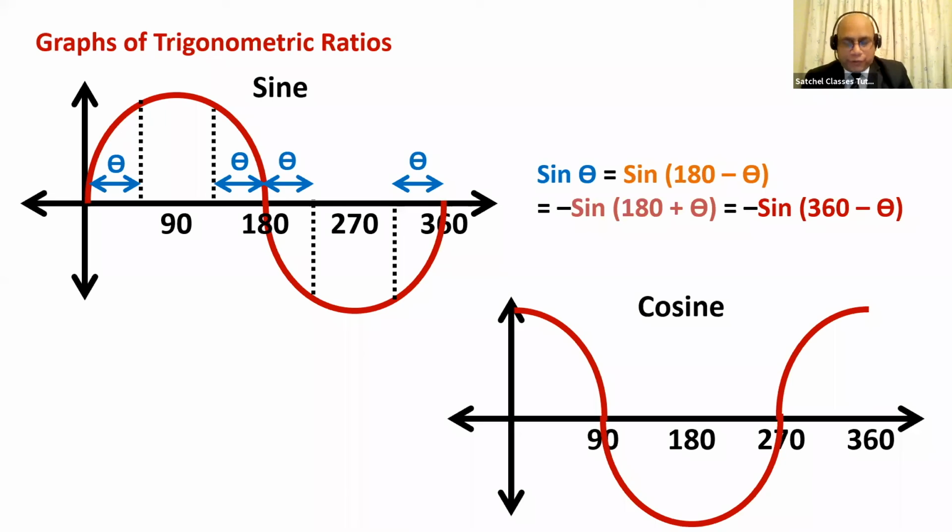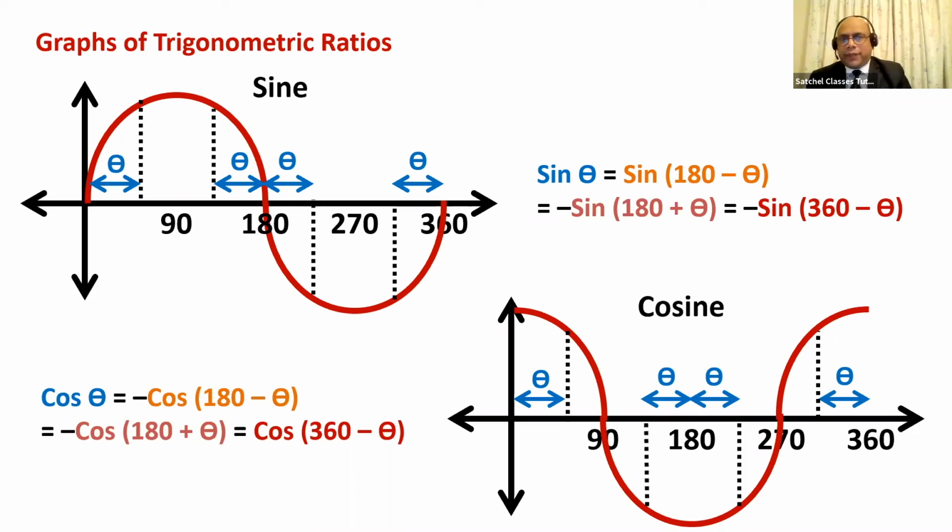Let's look at the relationship for cos. So let's demarcate the same angles theta from each of these. So from 0, from 180 on either sides, and from 360. And if I now join these angles, you realize that cos theta and cos 360 minus theta, the two extremes, will be both positive, as you can see, because they are above x-axis. Whereas the middle two values, which is cos 180 minus theta and cos 180 plus theta, will both be negative, right? Because they are below the x-axis. So all of them will have the same magnitude, but the important thing is to deal with the sign. Please remember this,